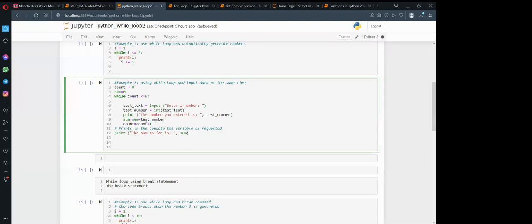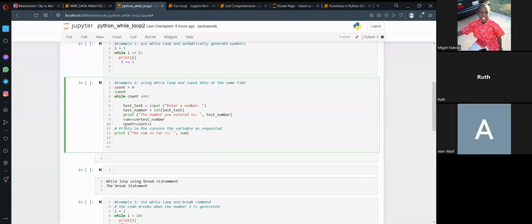So the sum is equal to sum plus test number. This is helping you to accumulate the numbers which you are feeding into the computer. Before the loop, we have sum equal to 0. You initialize the variable sum. You also initialize the variable count.